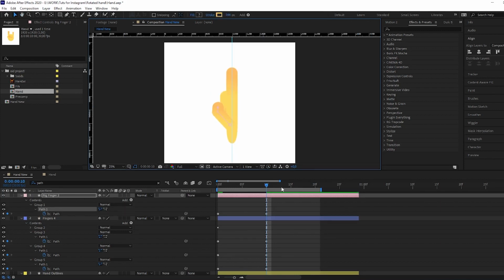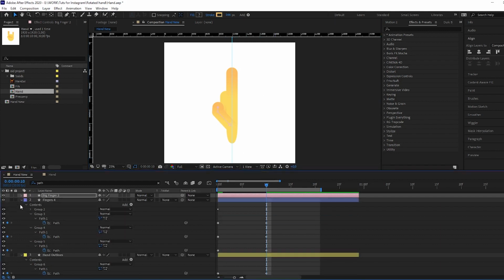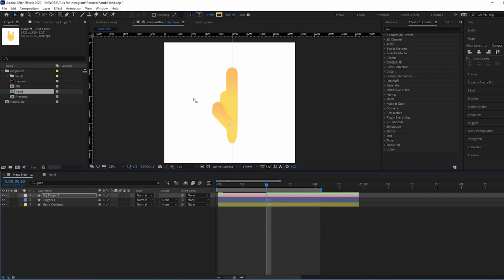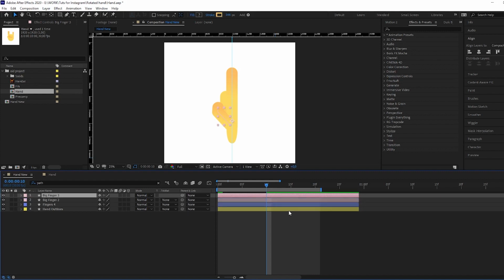Okay, nice. So now we see the issue that some fingers should overlap another one, and we definitely have to create this illusion. And how to do it? We have to create a duplicate layer for this big finger, and for these guys actually as well, and then set the layer order. Let's start from this guy. Let's duplicate it,